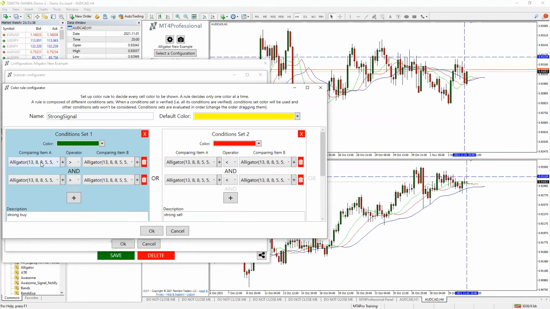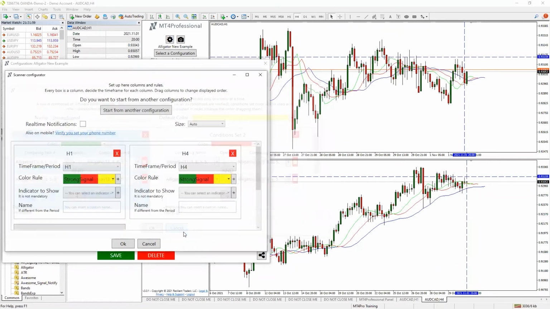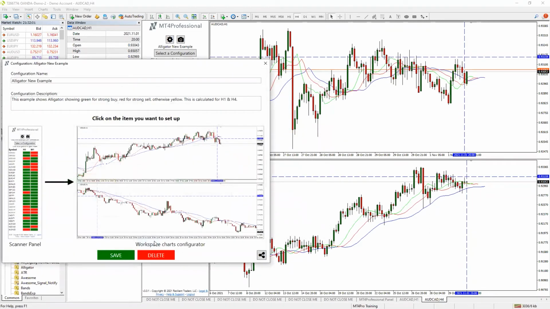So my alligator lips have to be greater than the teeth, and the lips have to be greater than the jaw. So that's the condition that makes it bullish. Vice versa, you've got the downside condition that's set. That's a strong buy. This is a strong sell. And that's the setup for the alligator